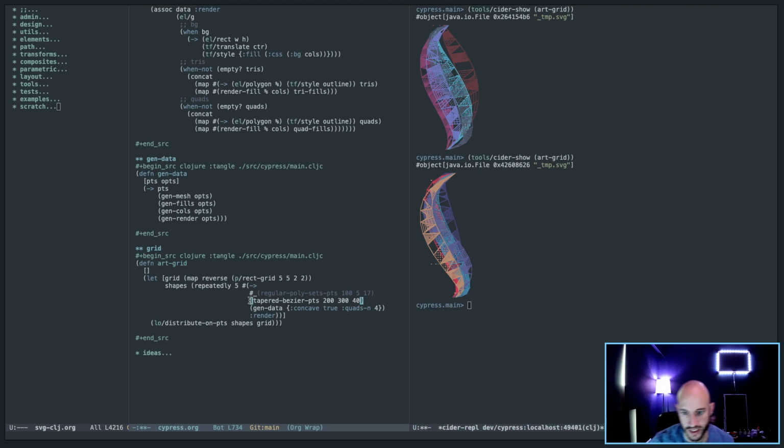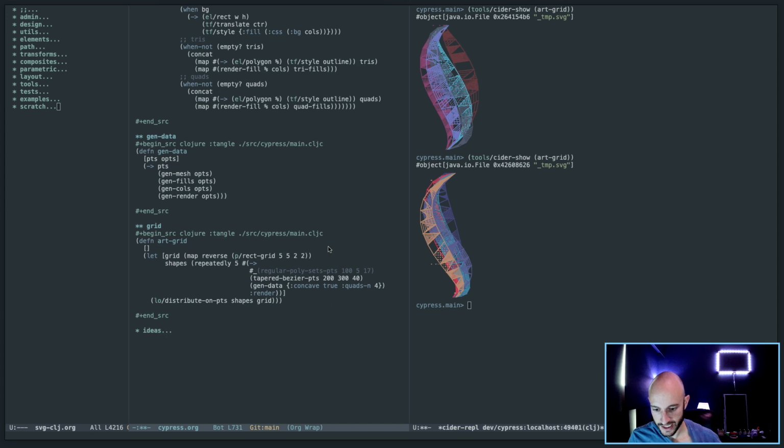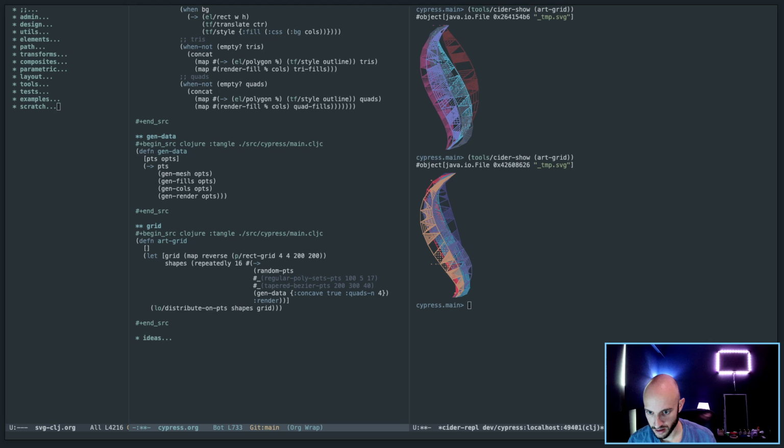All right, let's bring it back to the basics of what I wanted. So let me do a grid that's 4x4, and the gaps between, I guess, 200. I can change them later, so I don't know why I'm worrying too much about it. Let's actually repeatedly just do random points in a space of 200 by 200, and we do rand int